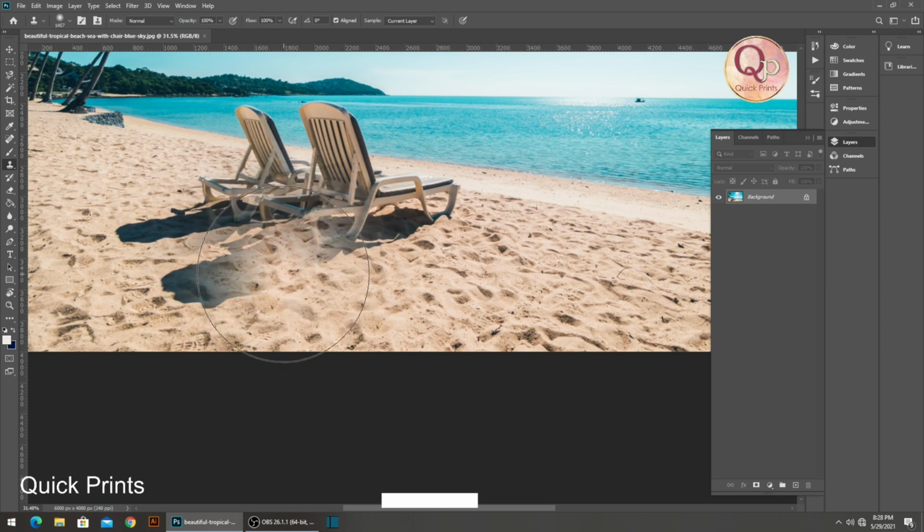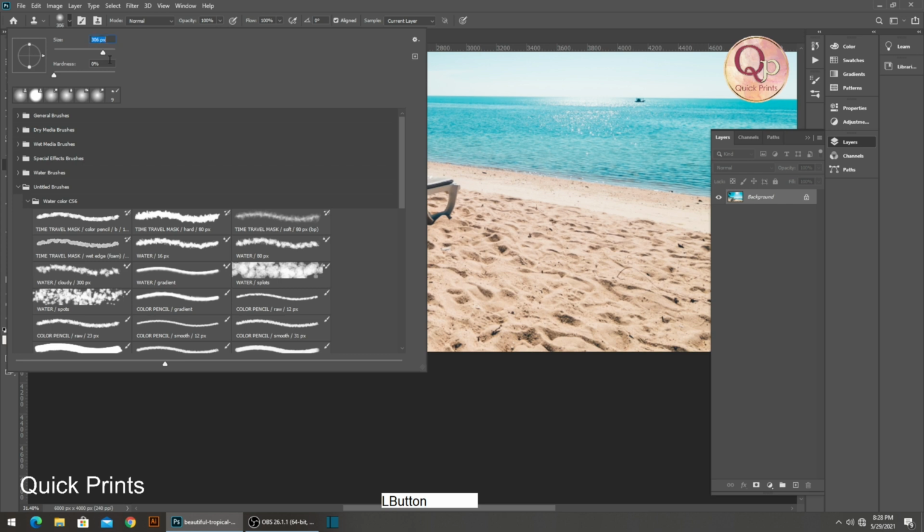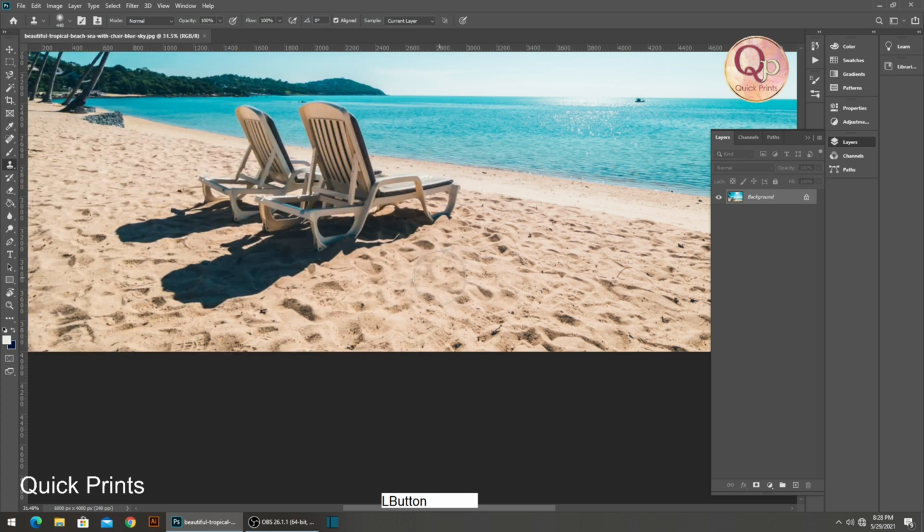So this is too much. We don't require this much size. Let me reduce the pixels. It's 448, right? So let's try with 448. Click here while pressing Alt, anywhere, whichever part you want to use as a texture or fill-up part.